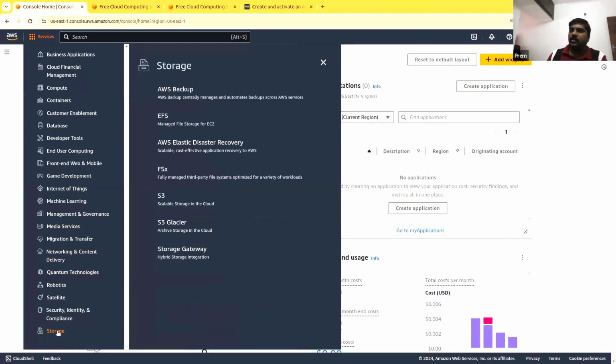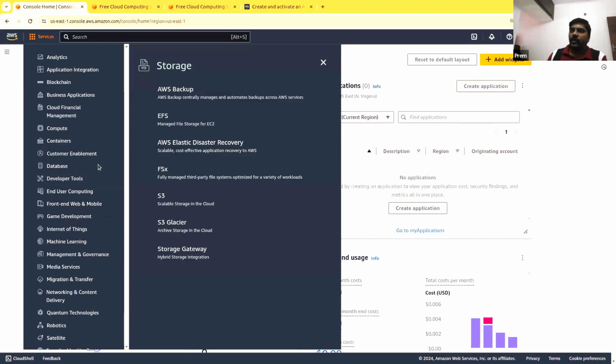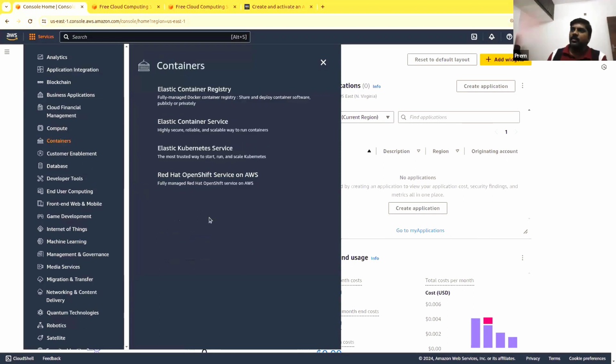And storage. As we know, there are different types of files that we will be using in our applications. For different types of files and different use cases, you have different storage services available. We will be talking about them. Then what other important things? Containers, so microservices and other things. If you want to deploy your application as a containerized solution, these things will come into play. And especially for developers and DevOps people, this is very important.